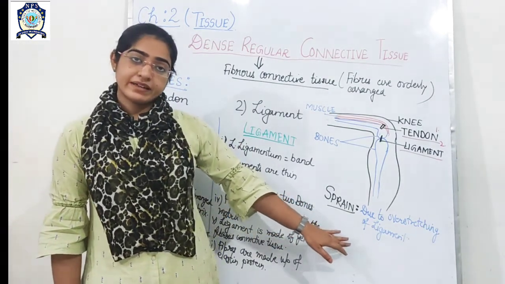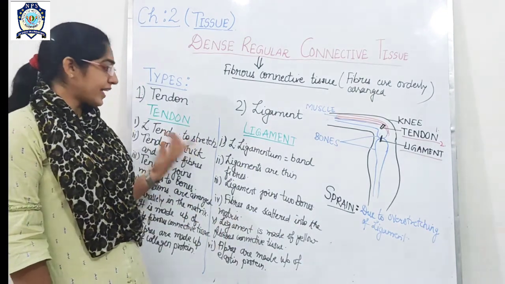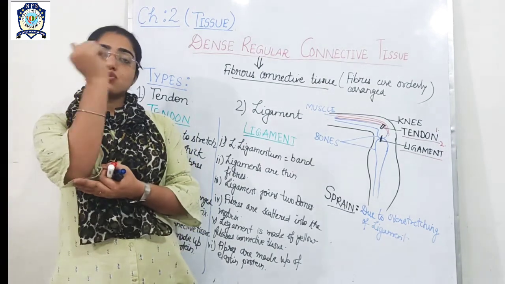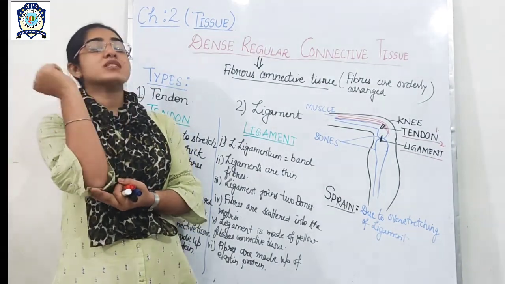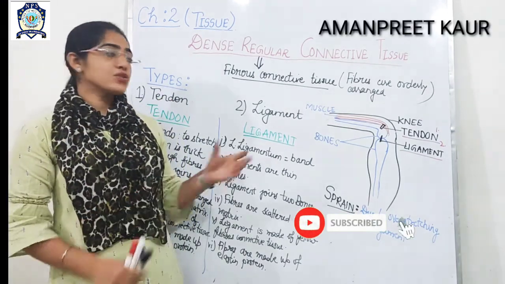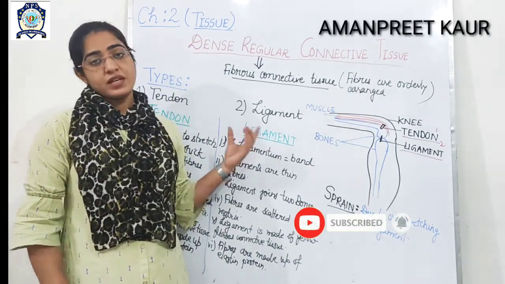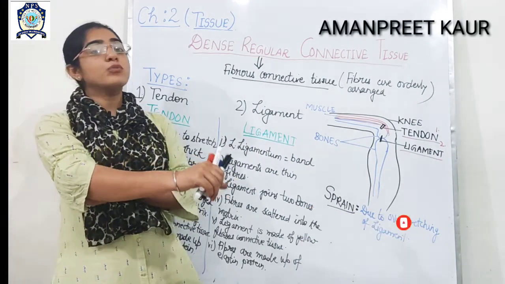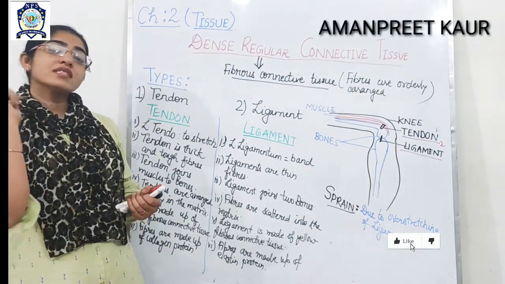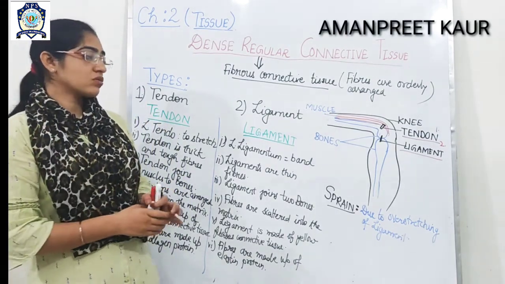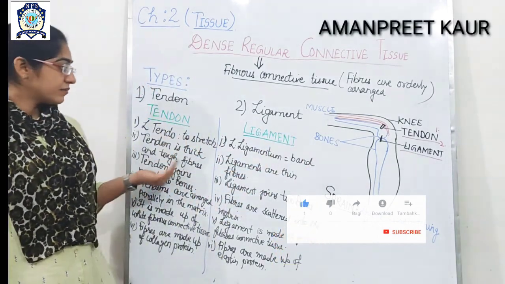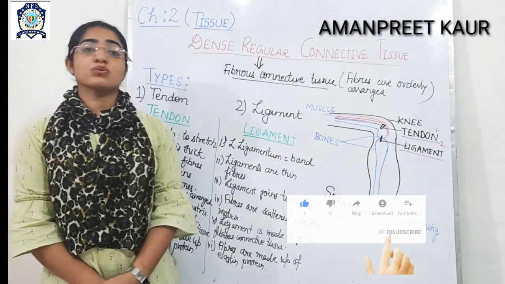Then we have differentiated both tendon and ligament, and as I told you the fact about what a sprain is. Am I clear? Ligaments allow bones to easily rotate at the joints. Here are two bones. At the site of the two bones there is the joint, and at the joint bones can easily rotate. So that is due to the ligament. And tendon joins muscles to the bone.